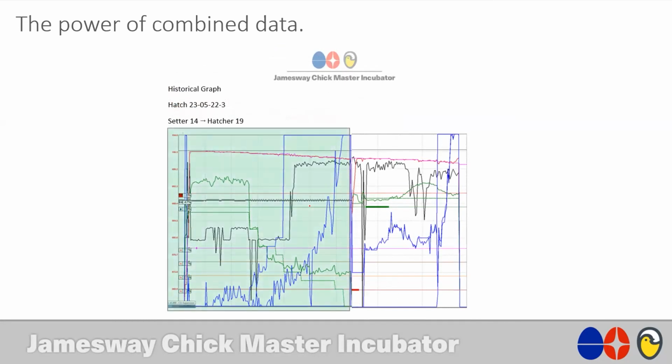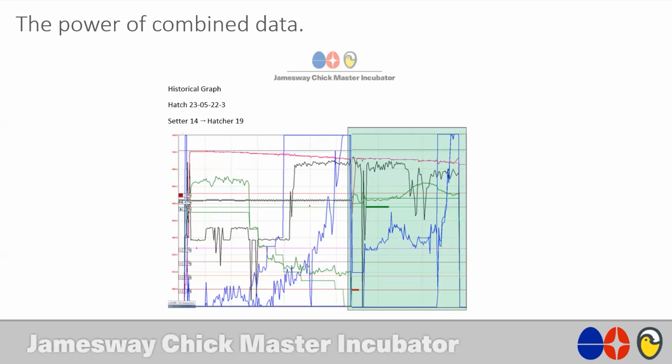This is simply a graph of the duration of the incubation in the setter combined with the duration of incubation in a hatcher. Traditionally, this is a manual task to go through and track down not only where those eggs have been in your facility, but then to pull up the graphs and sit down again, either in Excel or print them out and hold them up to a window to find out those comparisons and to see what's gone wrong between two different incubation cycles. The power of having one common platform for all of this is that it does it